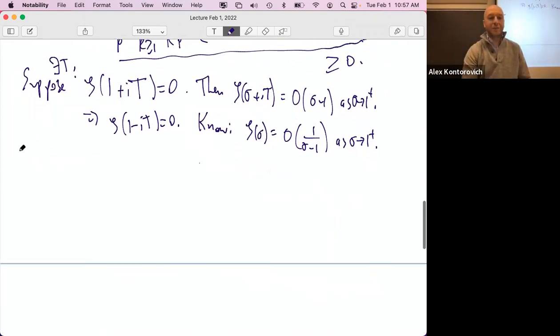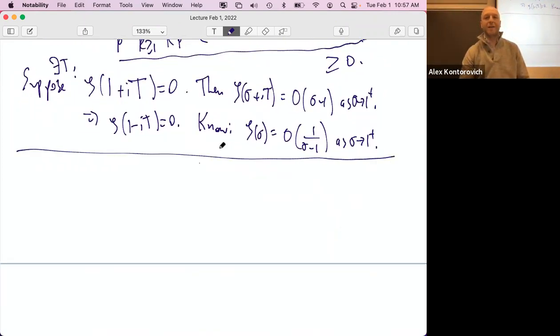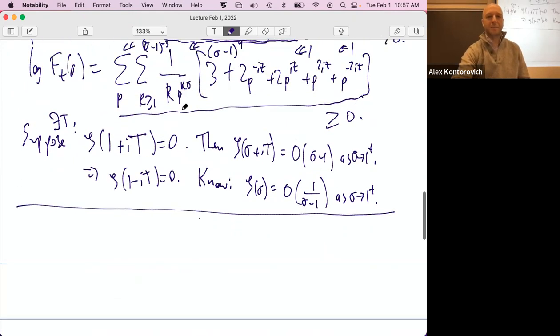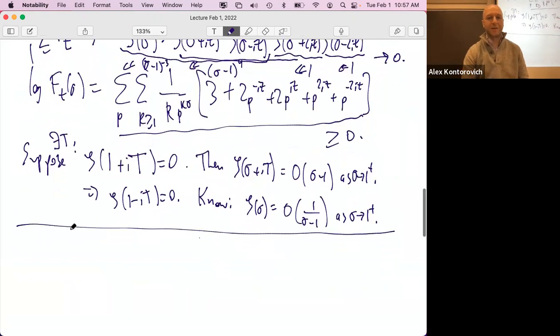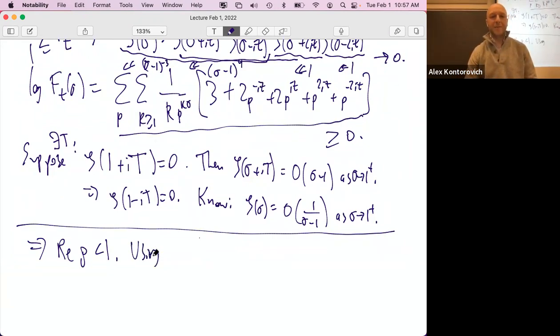So that is the proof, just that there is no zero. So this implies the real part of all the zeros is less than 1, but actually it implies quite a bit more. Using a little bit more elbow grease and Hadamard's factorization